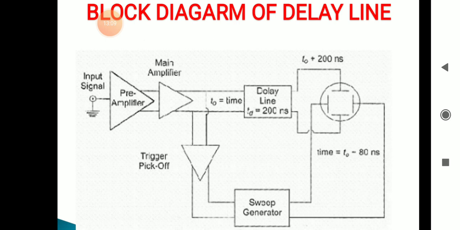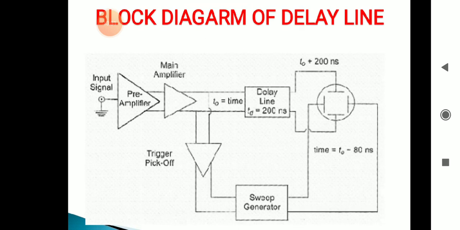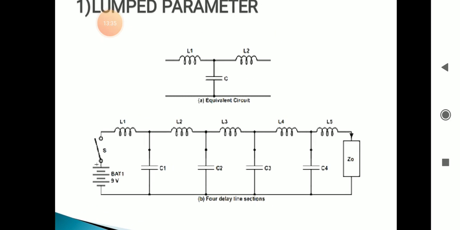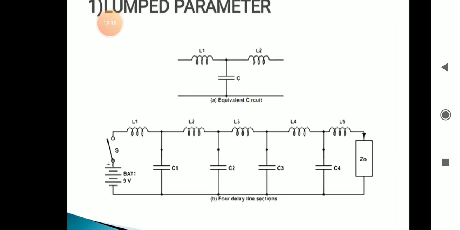And already you know the functions of the trigger, sweep generator, horizontal amplifier and vertical amplifier, which you can observe one by one in the CRO, as well as the vertical subsystem, horizontal subsystem, and time base generators. Okay, so next we'll move on to the two types of delay lines. One is the lumped parameter delay line, another one is the distributed parameter delay line.